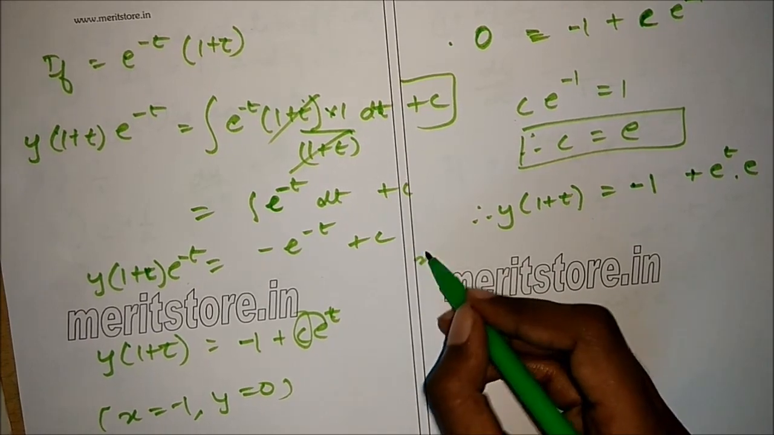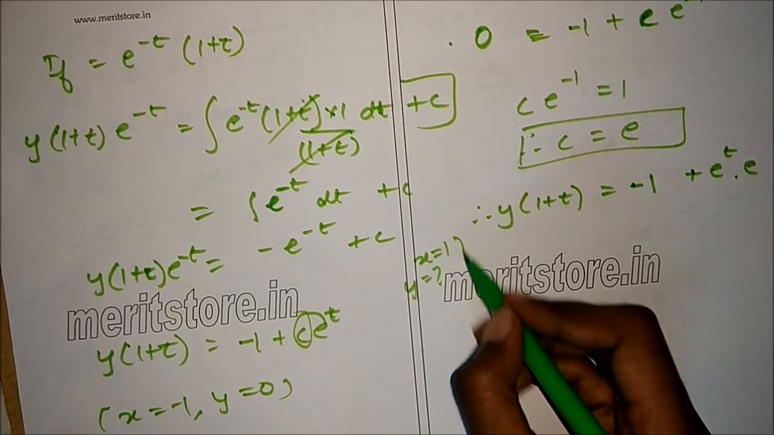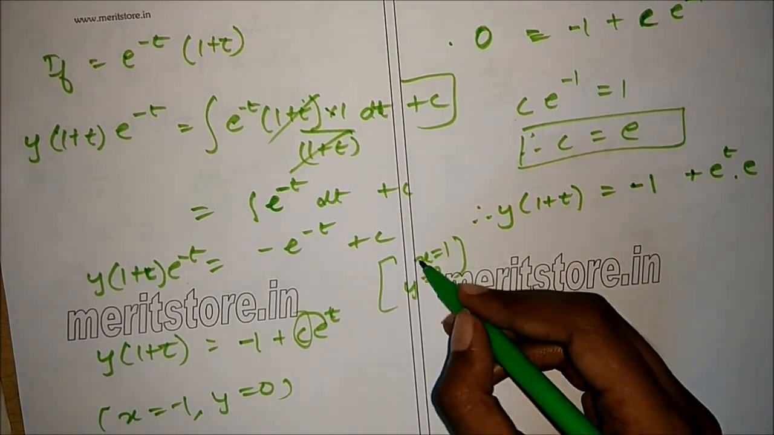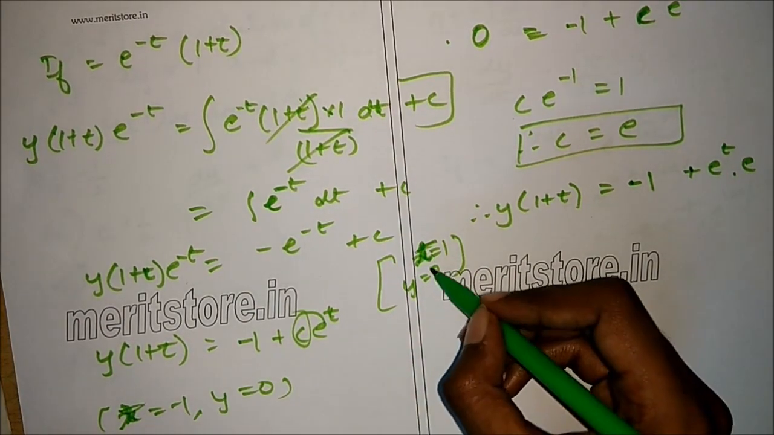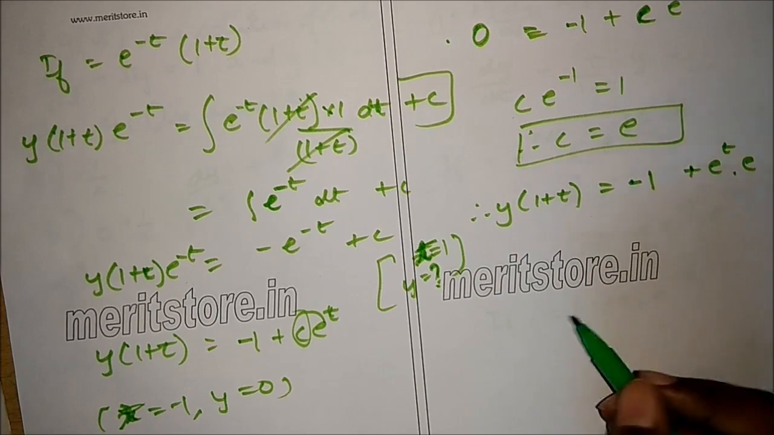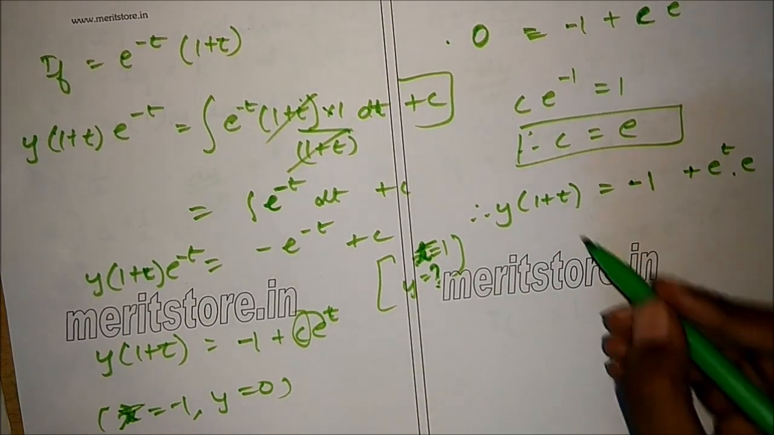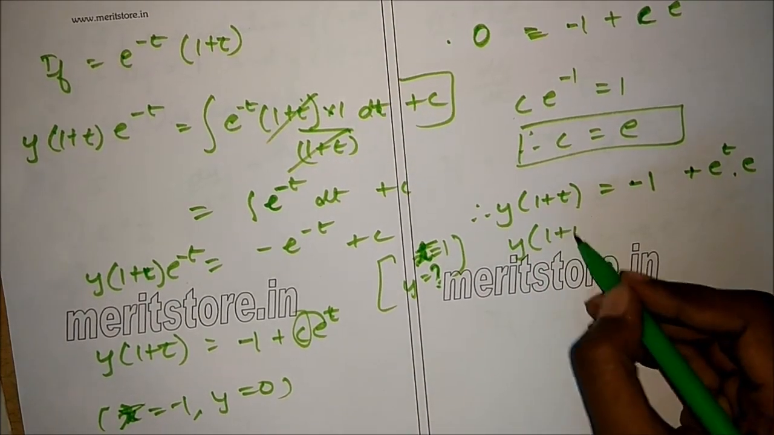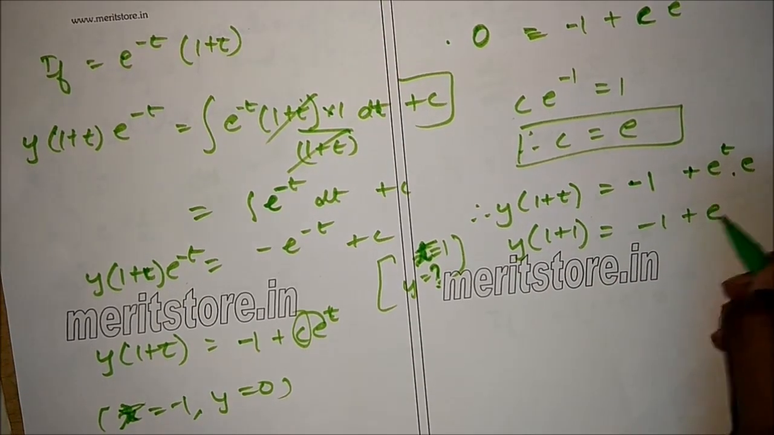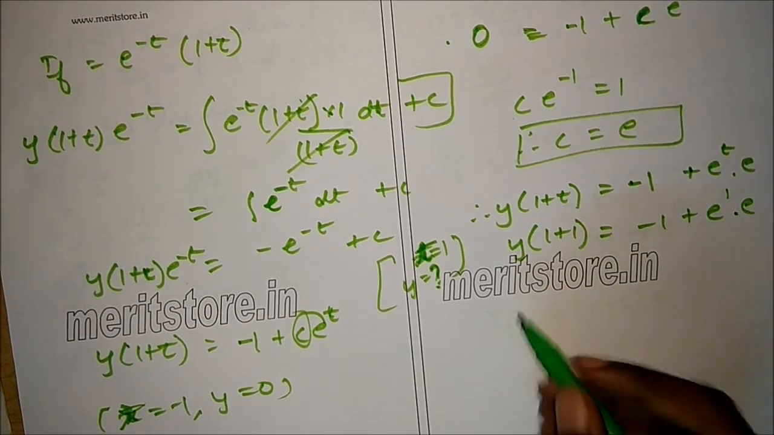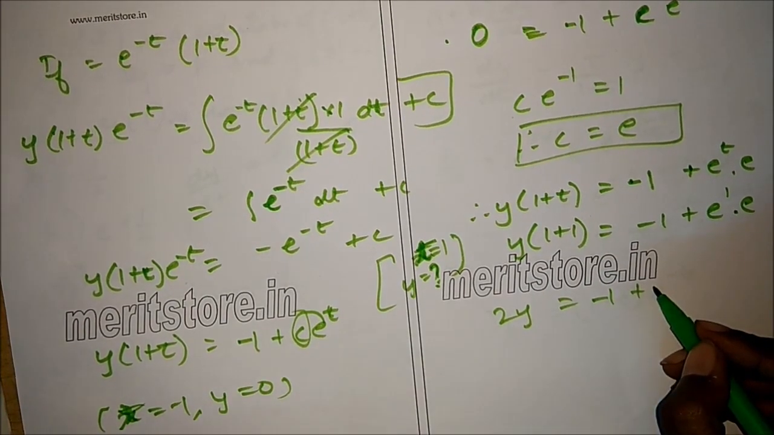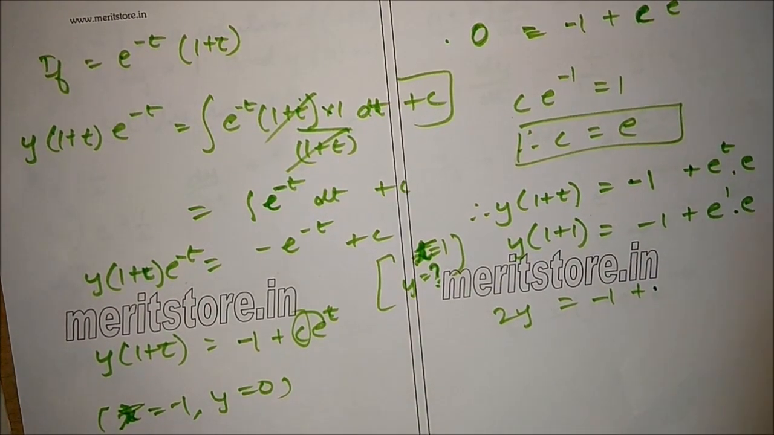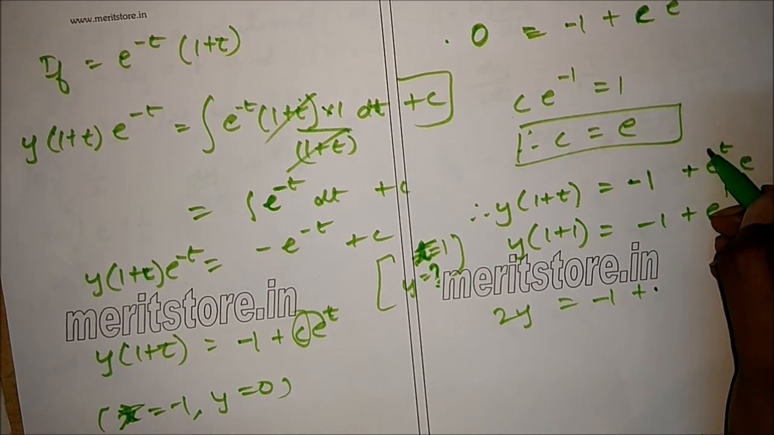So what we have to find is for x equals 1, y equals what? So put that is t. Here it is t. So for t equals 1, y equals what? So we put t equals 1. So this will be y into 1 plus 1 equals minus 1 plus e raised to 1 into e. That is 2y equals minus 1 plus this is minus